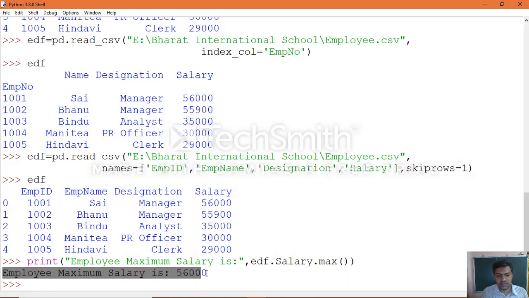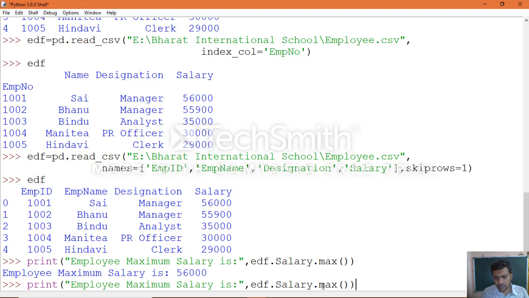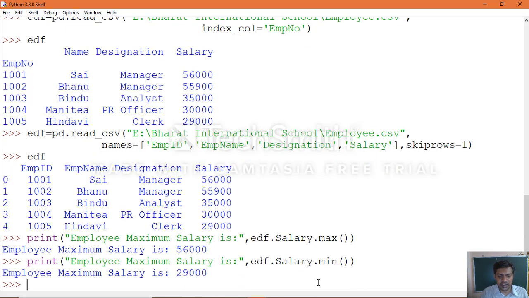In the same way you can check the minimum salary also. I think there is a minimum function also within the data frame. You can see the minimum salary, but these aggregate functions are not actually in our syllabus for data frames.